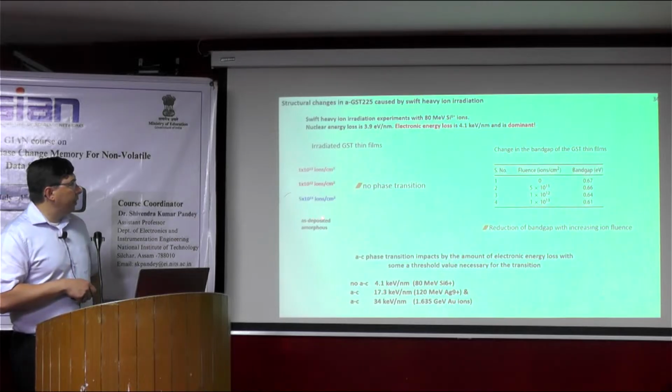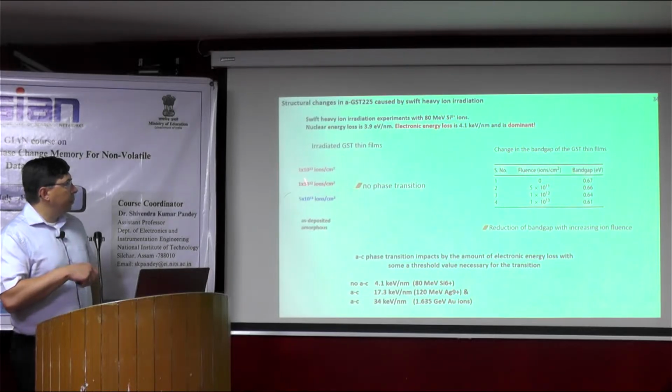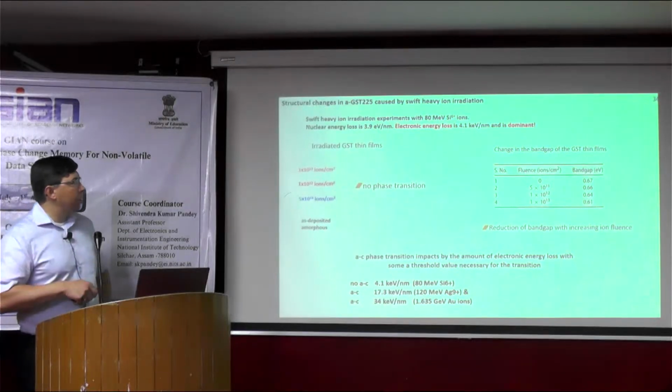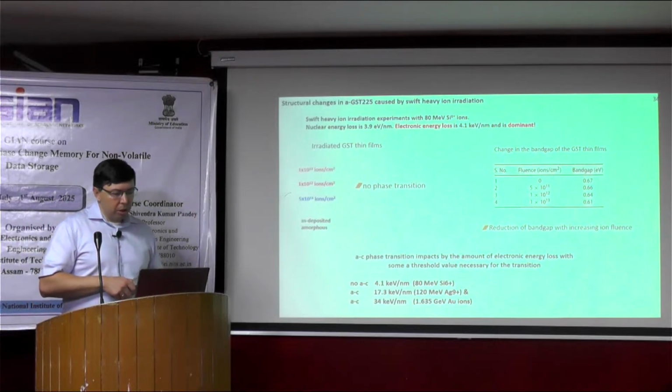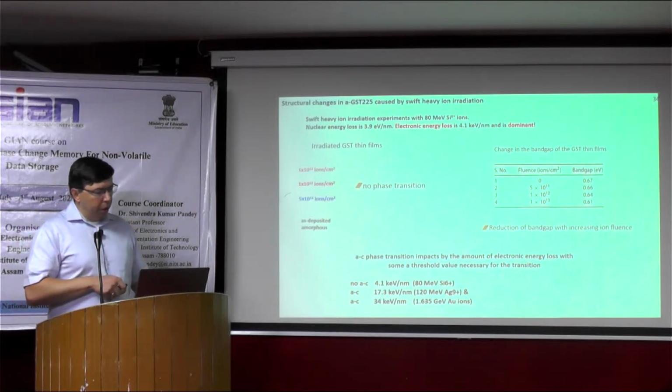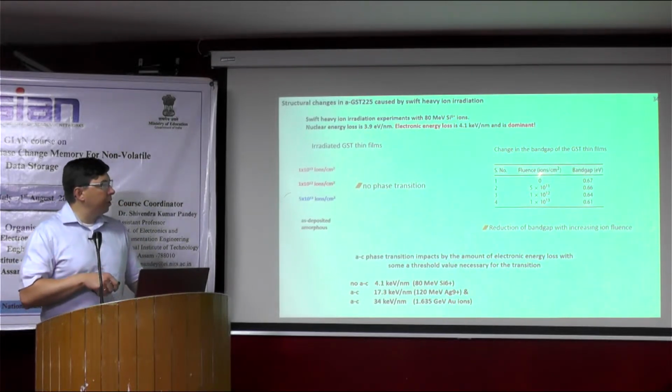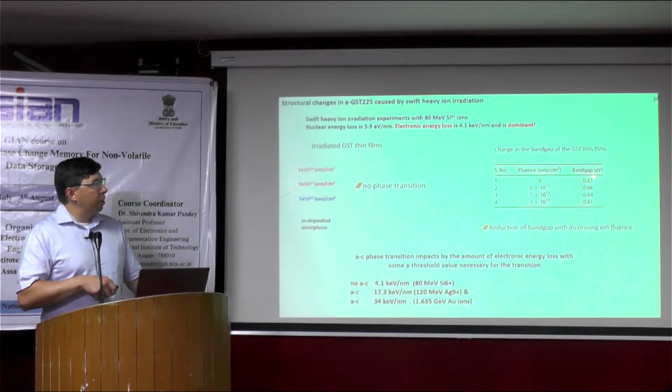Here again, the as-deposited phase was irradiated, but there was no phase transition using these ions. But there was a change in the band gap for different fluences. This is the amorphous state, and we have a band gap of 0.667 eV, and then this band gap is